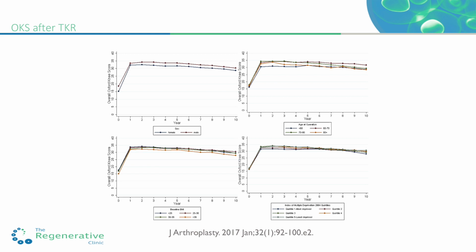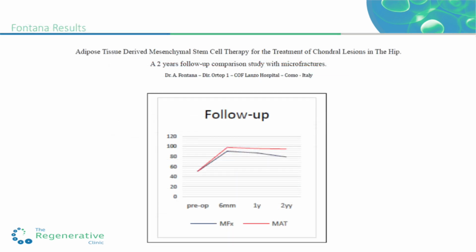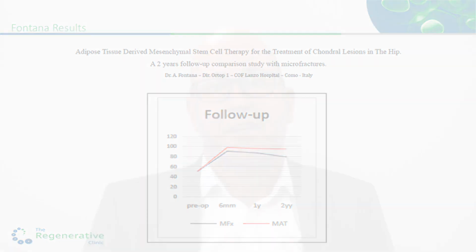There are other studies out there, such as this one from Italy, and again, they're showing, and the red line is the adipose tissue, they're showing the same result lasting for 2 years. So basically what we know now is that we're able to replicate what we've seen in the literature, and we're able to produce a good result for our patients at the 1 year point. And in fact, we're able to produce a result for our patients at the 1 year point that's better than a total knee replacement. The collection of data on our patients is a key part of what we do at